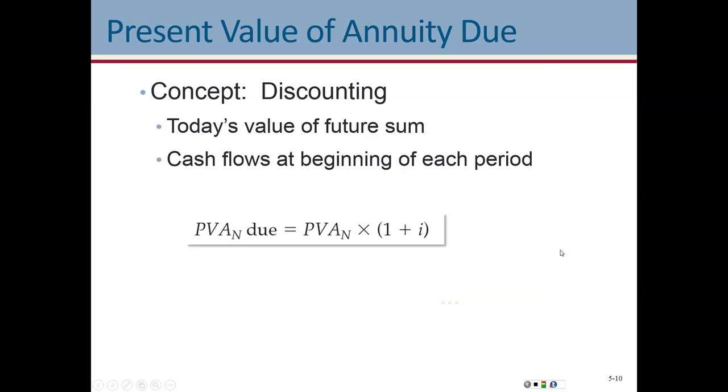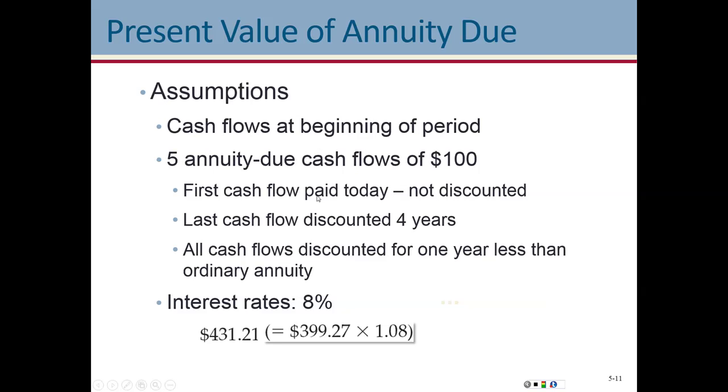It is the same with present value of an annuity due. We are adding an additional month, an additional period, month, year, or whatever it is. Same as our previous example. In our previous example for present value, we had an answer of $399.27. Well, we multiply